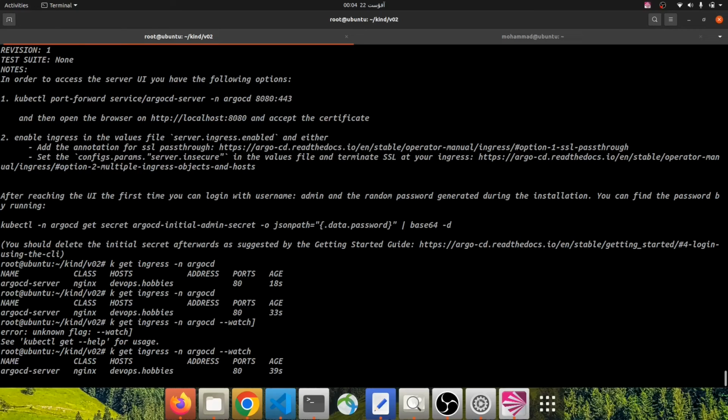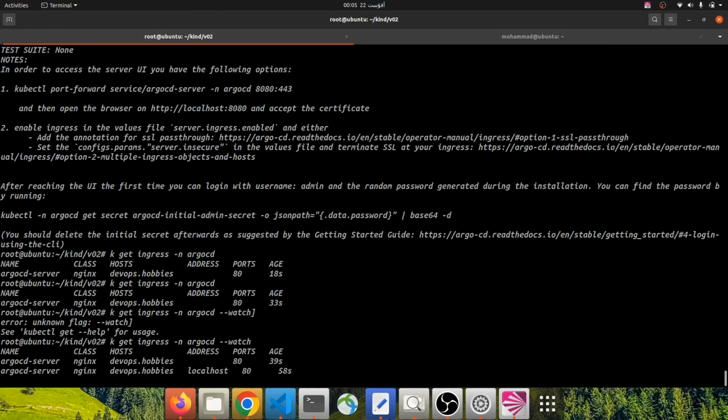I want to see an address in the address field. I'm using devops.hobbies as my host, and this domain name should be added to my /etc/hosts file if it does not exist. Okay, the address has been added,